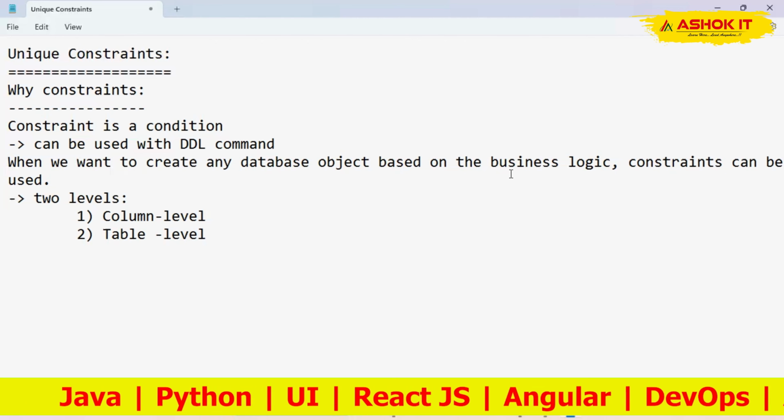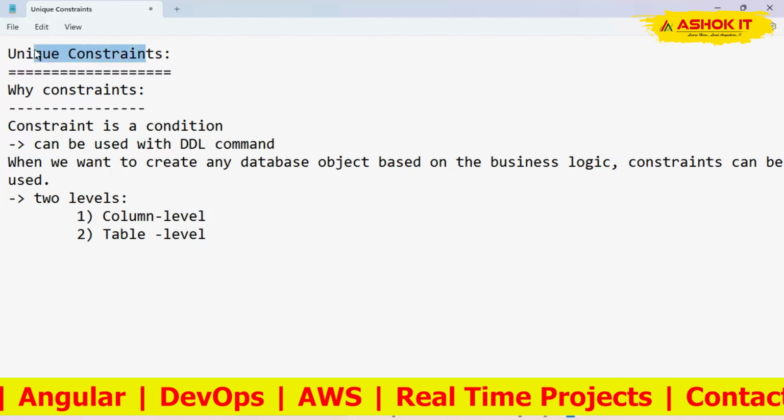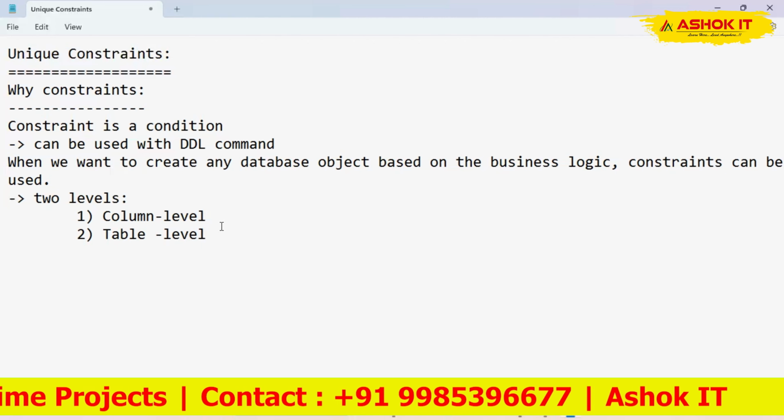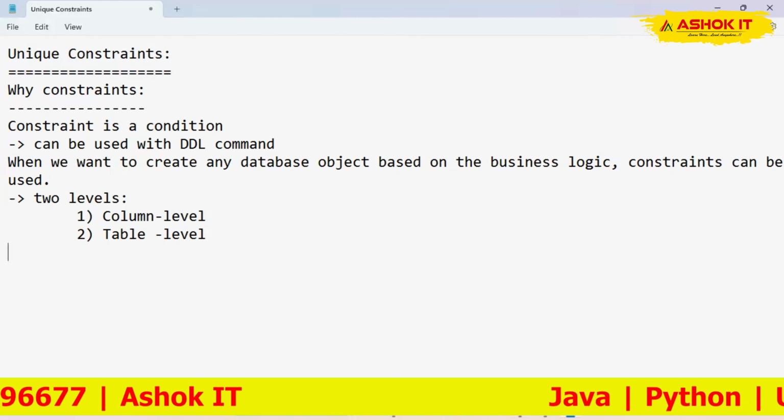So the constraints are of several types. One popular constraint is the unique constraint. First of all, why exactly do we require the unique constraint? So let's suppose